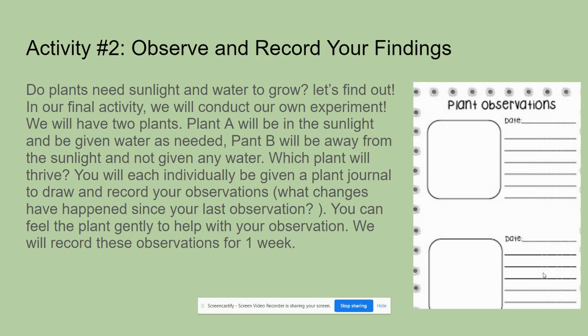Activity number 2 is to observe and record their findings. So what we will do in this activity is there will be 2 plants. Plant A, which will be in the sunlight and will be given water, and plant B, which will be away